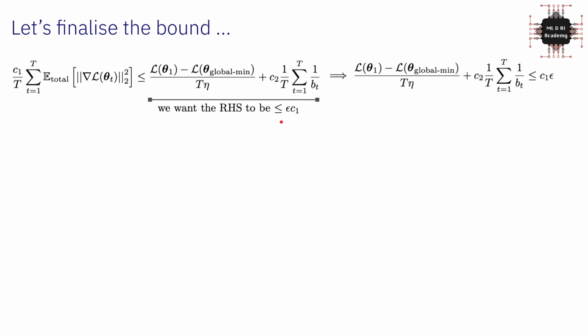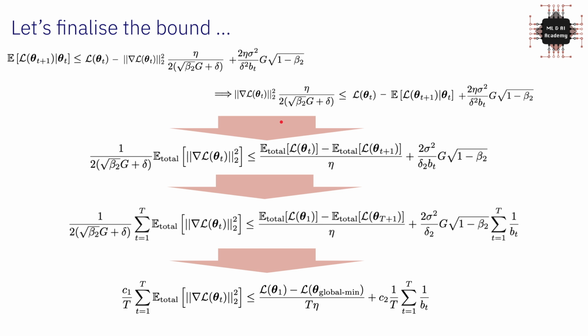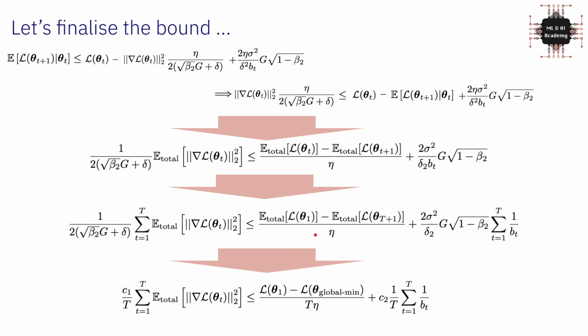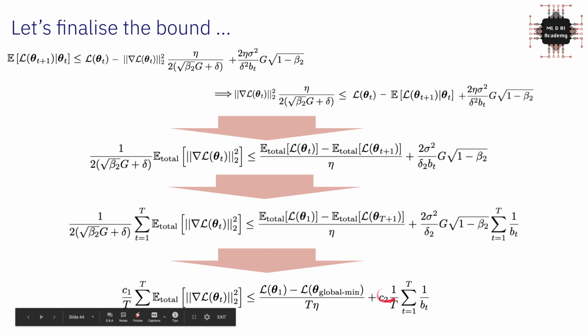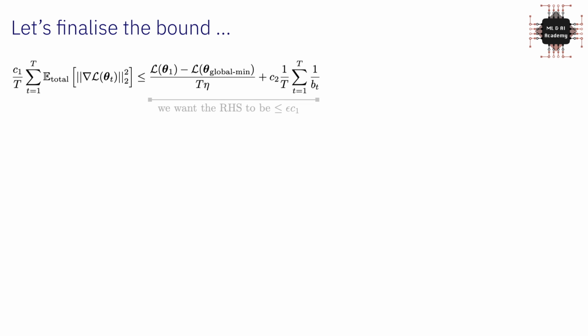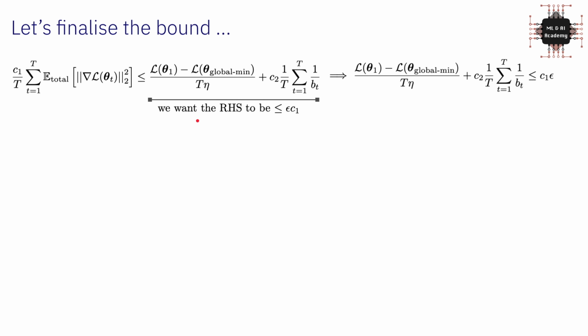So now, oh, sorry, I forgot to mention that I just simplified things because these are constants. I called this c1, and I called this c2. I just simplified things, not to write them over and over again, because they're constants, they don't matter much. So now we agreed that we need the right-hand side of this equation to be less than or equal to epsilon times c1, which means that we want